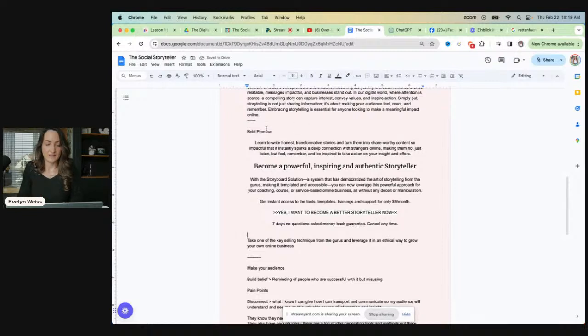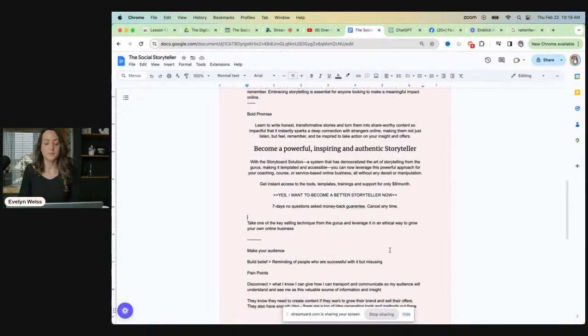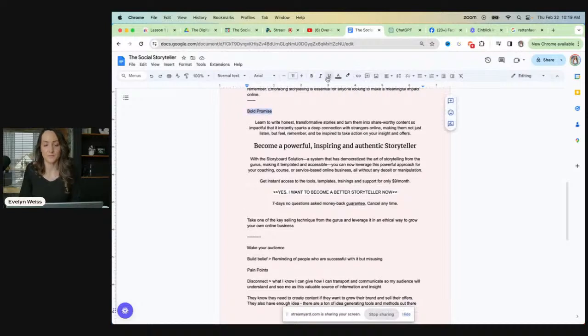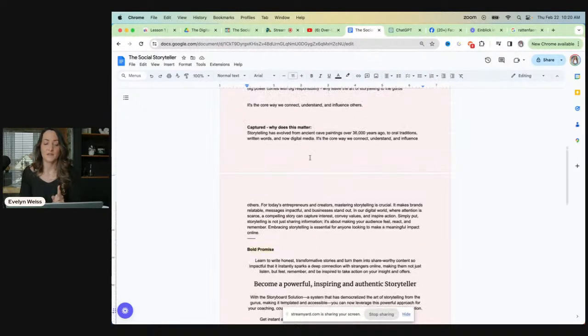And this is now the above the fold section for the sales page. And so this is my bold promise for this offer. Now that I have a bold promise, I can actually revisit my pain points, but I do feel that this piece here is so powerful that we should add it for a little bit more context. So storytelling has evolved from ancient cave paintings over to oral traditions, written word, and now digital media. It is the core way